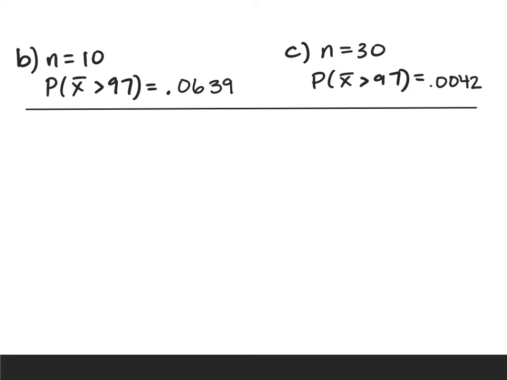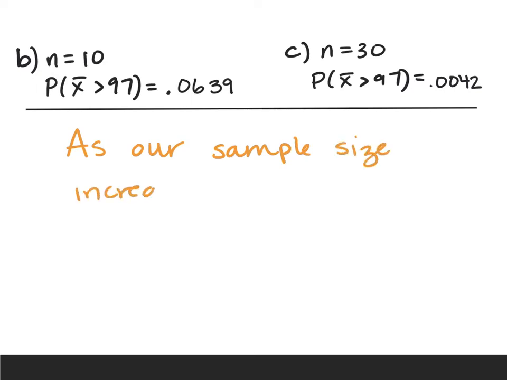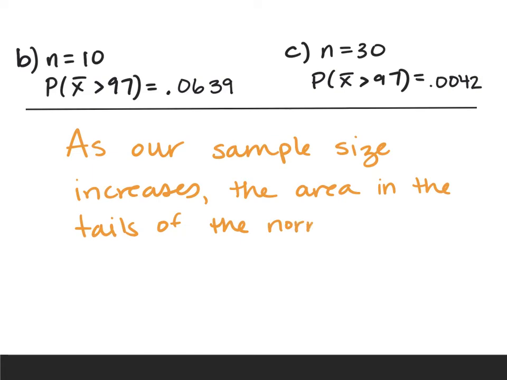And so what happens is that as our sample size increases, the area in the tails of the normal curve gets smaller. So we saw that. If I can kind of draw just a